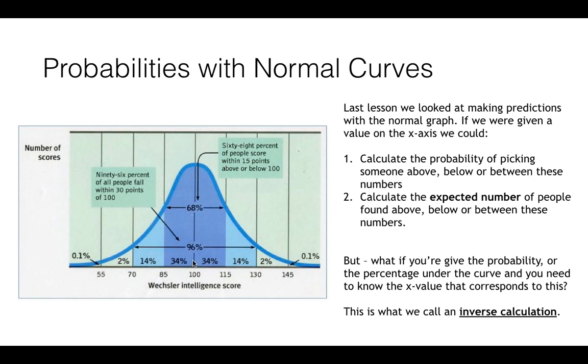You should then remember that these two sections here, between the mean and the first standard deviation, are 34% each. Between the mean and the second standard deviation is 48%,